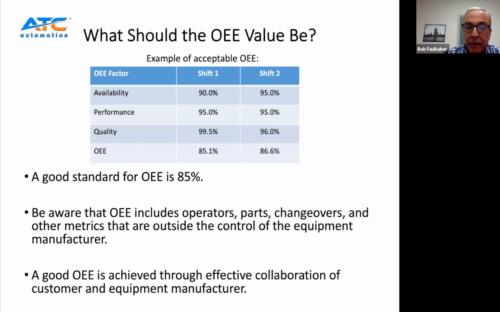calculation. So the best OEEs are developed when the equipment producer and the equipment user collaborate effectively with one another. We talk about what the parameters are going to be, what the values are going to be, and everybody understands and works together to make sure. In the end, the bottom line is we want to identify where there are opportunities to improve and assign the causes to those improvement opportunities, and then work on correcting those going forward.